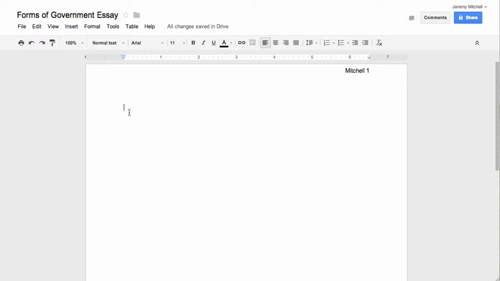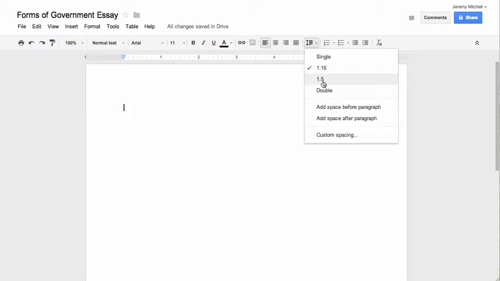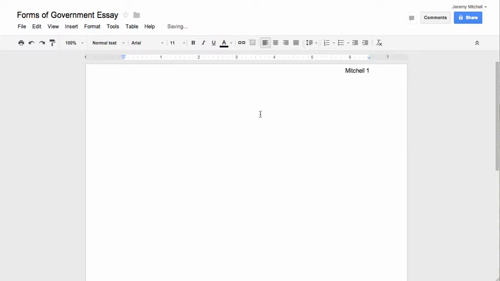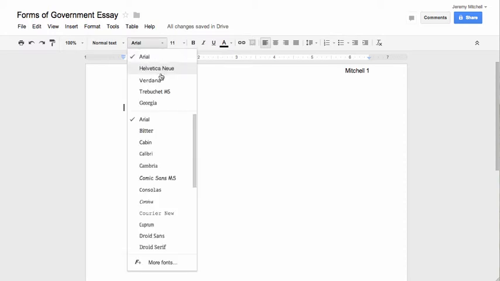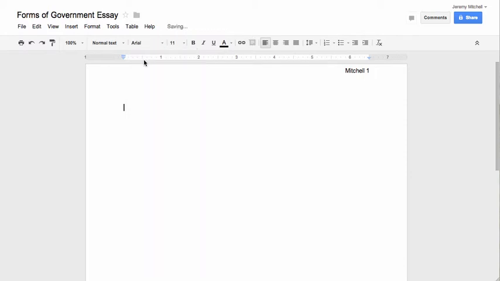Alright? So for MLA, everything is double spaced. So we need to come up here to this button here called Line Spacing and select Double. Additionally, all papers are generally either in the fonts of Arial, Calibri is a common one, or Times New Roman. So let's just go ahead and leave it in Arial, and we typically would use a size font 11 or 12 for readability, so we can just leave it at 11. Alright, so you put your name,